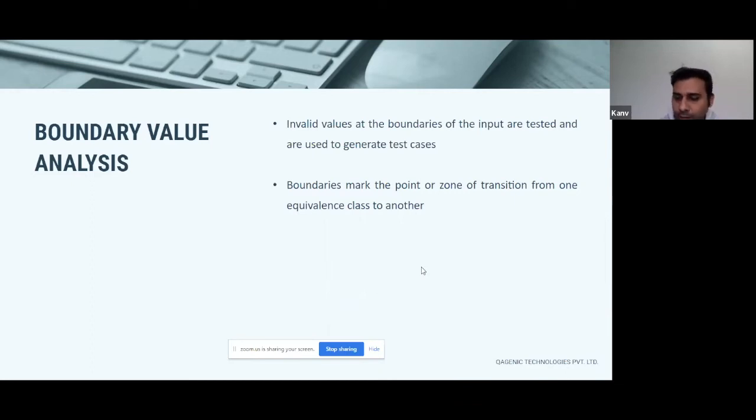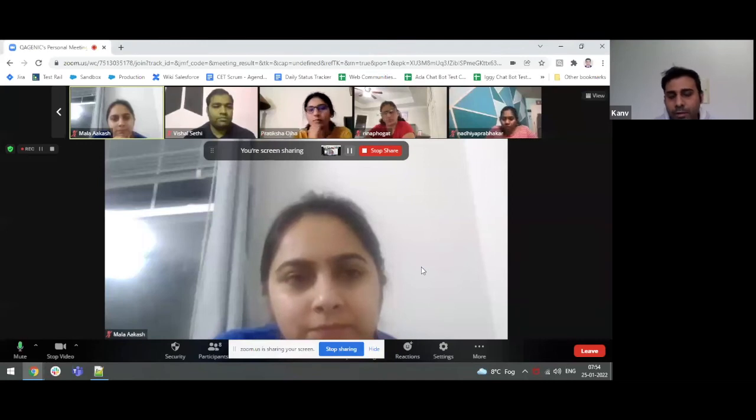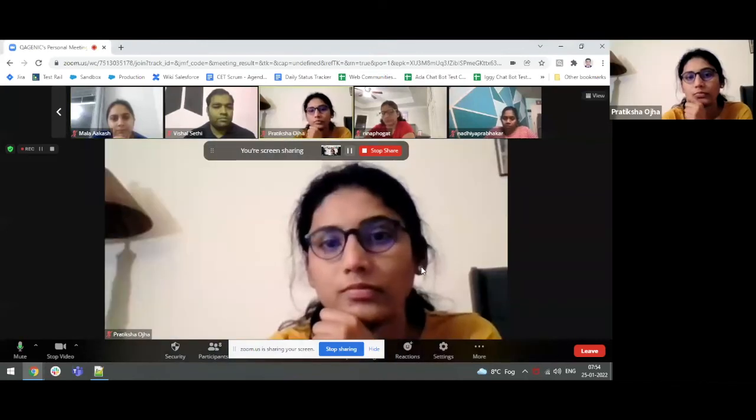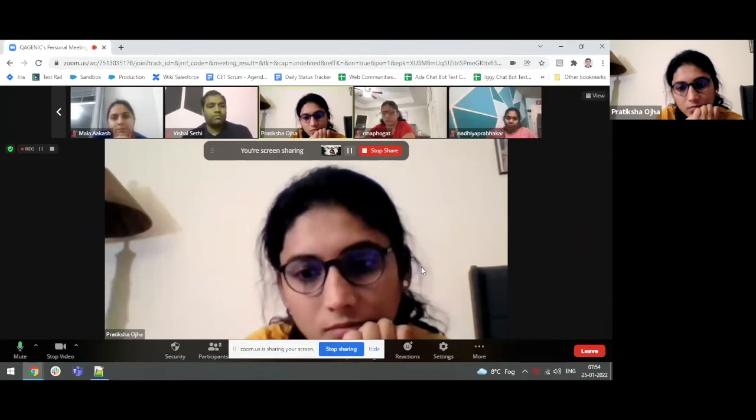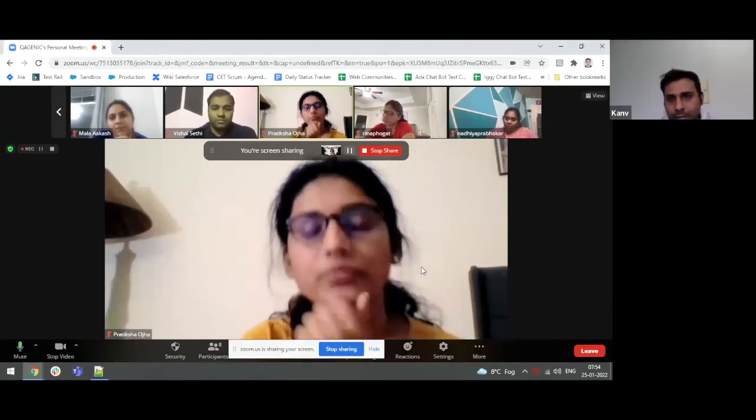For example, let's say there's an application which will only allow you to register if you're above the age of 18. Boundary value analysis would require you to do testing where, if you are 17 years, are you able to register yourself? The input is that you put in your age as 17 years. In this case, what should be the output? Can anybody tell? Should I be allowed to register if I'm 17 years old? No, right? If I'm 18 years old, should I be allowed to register? Yes. And then 19 again, I should be allowed to register. So it is around this that we test.